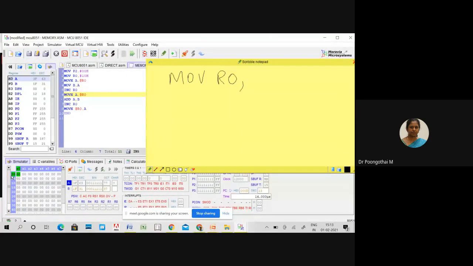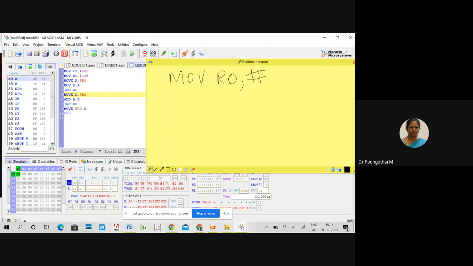Here your first row is the R0 register, from 00 to 07. These elements can be accessed either by register names or by address. R0 can be accessed either by the register name R0 or by its internal address, which is 00.